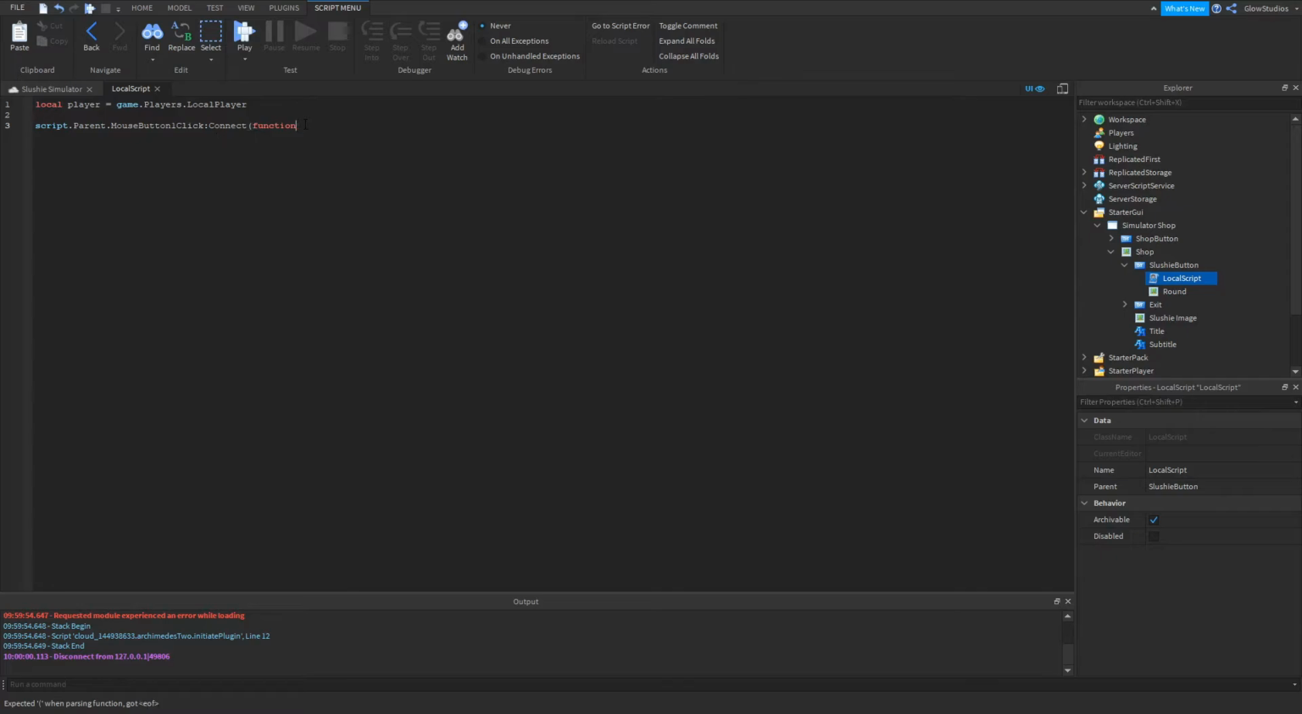function. Now this one's going to be a bit more advanced from the others. We're going to write this: if player.leaderstats.slushy.Value is greater than or equal to 100, then, and we'll continue that later. Now we're going to write else. We're going to write this: else if player.leaderstats.slushy.Value is less than 100, then we're going to do this: script.Parent.Text equals "not enough slushy"